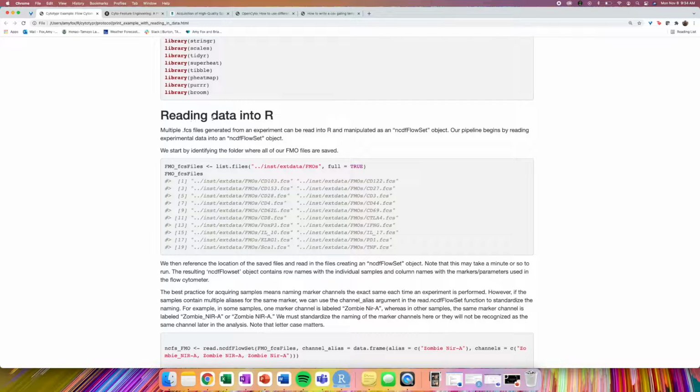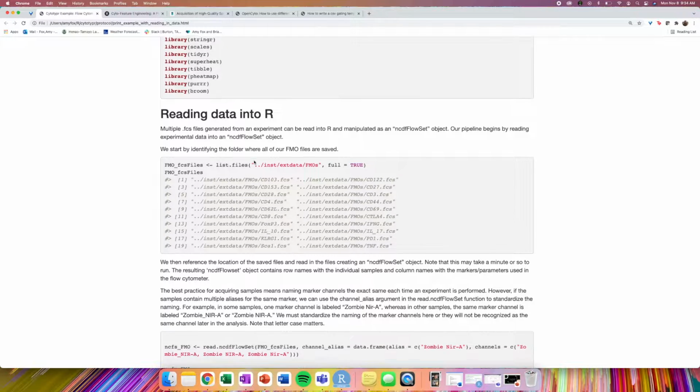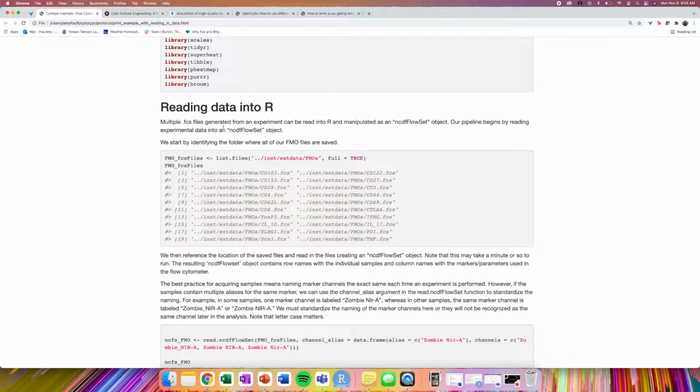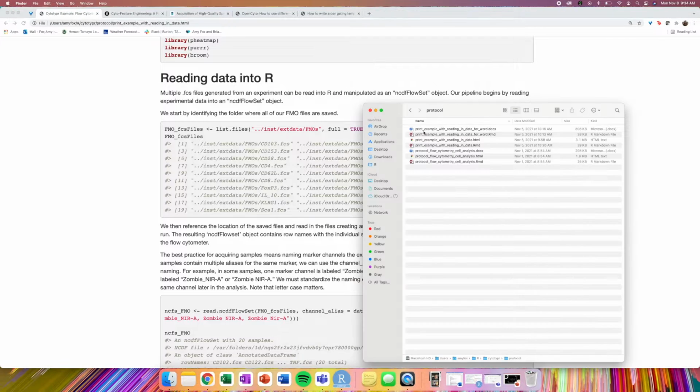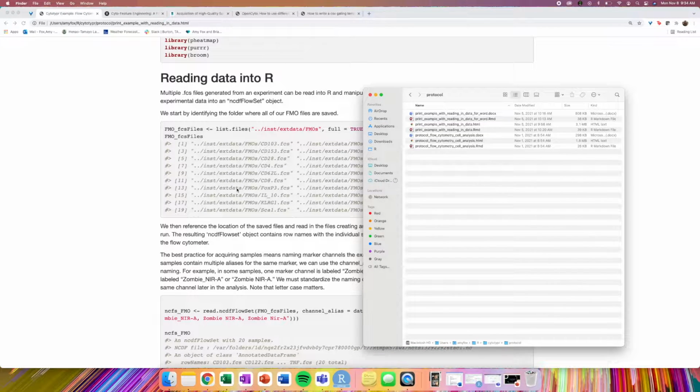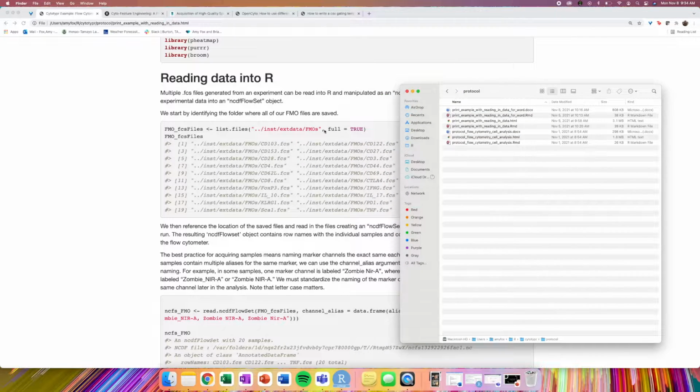Now when we read our data into R, we're going to have multiple FCS files that are generated from an experiment, and we're going to read these in as an NCDF flow set object. We're first going to start by identifying the folder where all of our FMO files are. I have this R markdown file saved into this protocol folder, and to navigate to where all of our FMOs are saved, this